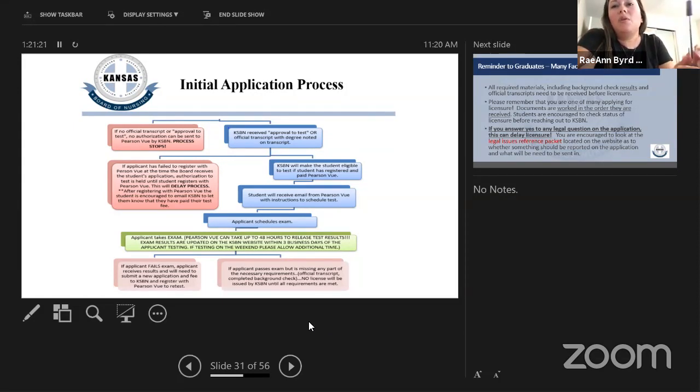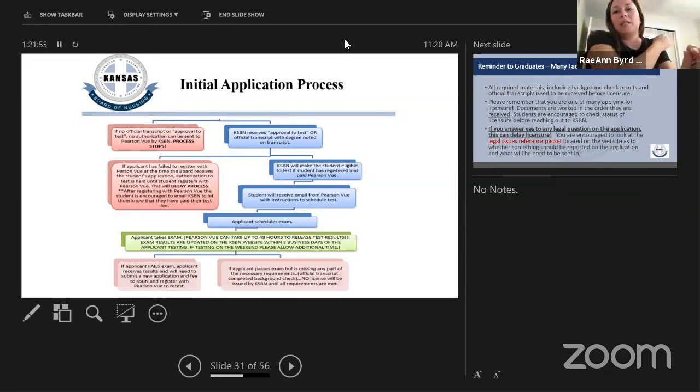Now I will tell you, for the initial application, it is basically 1 application per test. So if your students do fail, they are going to have to resubmit the application. They are going to have to redo their background check if they are going for the multi-state license. So multi-state application, it's basically just 1 and 1. So 1 application, 1 test. If they fail, they've got to start over. They do have to repay Pearson VUE as well.